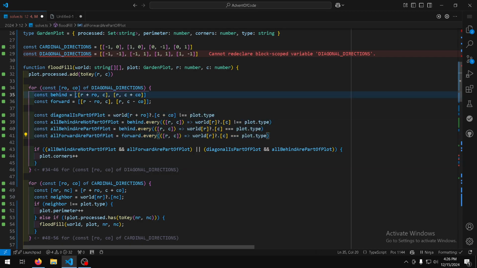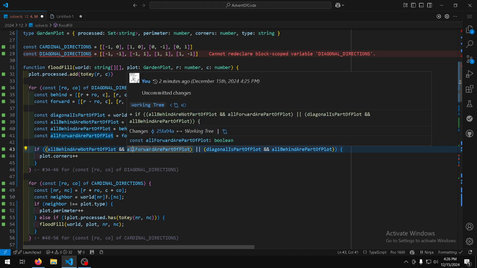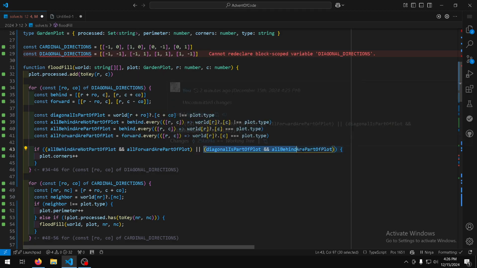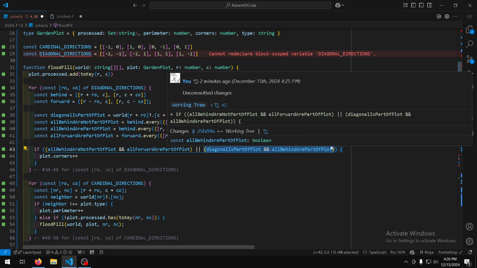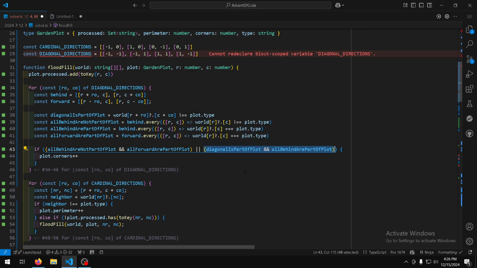So we determine which two are behind us and which two are in front of us using the math. We make a lot of lovely named variables for what these mean. And then we count the hugging corner, where you have two walls facing you, or the pokey corner, where you have no walls facing you and you are facing the corner itself. So if all behind them are not part of the plot and all of the forward ones are part of the plot, that is